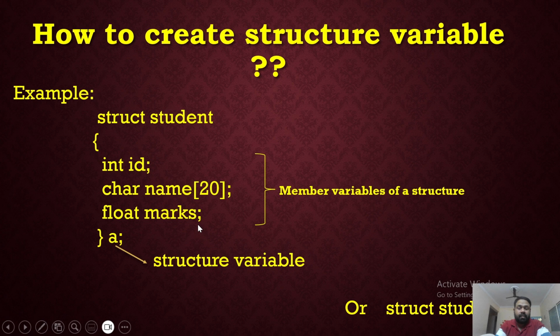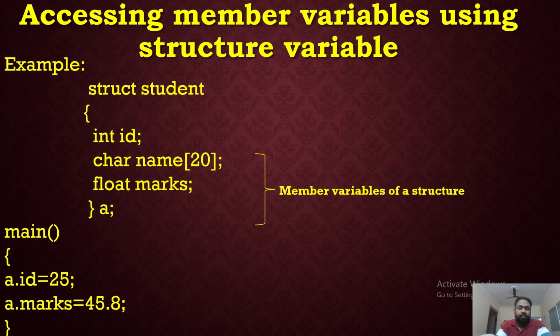Let us see how we can do this. Okay. So, how are we going to access? We are going to create a structure above the main function. Okay, struct student or something like that. We have created member variables and the structure variable is created, and using that, a dot id, just like